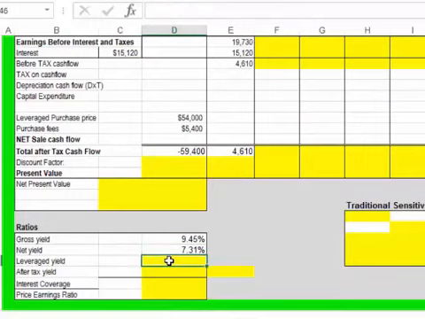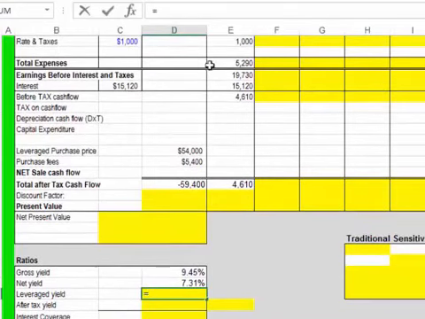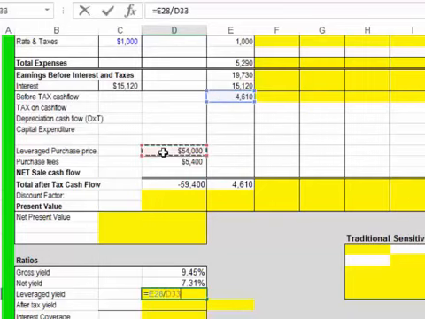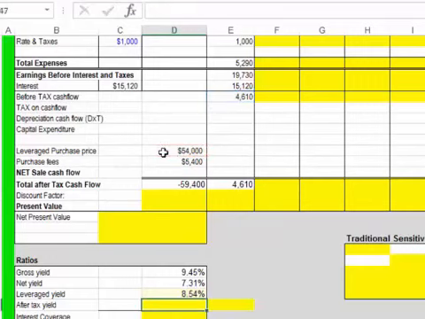The next yield to look at is the leverage yield. Now this takes account of the fact that we're using debt. When we're using debt, our net income, our net cash flow, is the cash flow after interest. And so in this case, it's the 4,610. We divide that not by the total value of the property, because that's before we apply debt funding to it, but how much cash we actually spend. And we find that in cell D33. We do that division, and that's